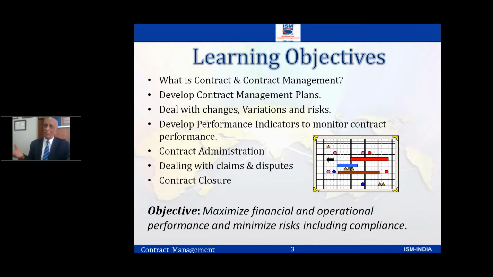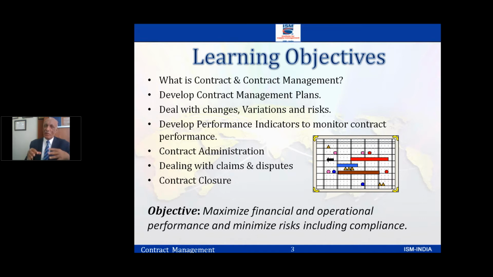Every contract, I'm sure many of you know, very normally you have to change the quantity, you have to change the delivery time, you want it early, you want it later. All those changes happen. The variations are there, and there could be potential risk also. The risk could be political, the risk could be legal, the risk could be financial, the risk could be many. Because your supplier is also depending on someone, and it might be a global supplier, so there could be a wide range of risk.